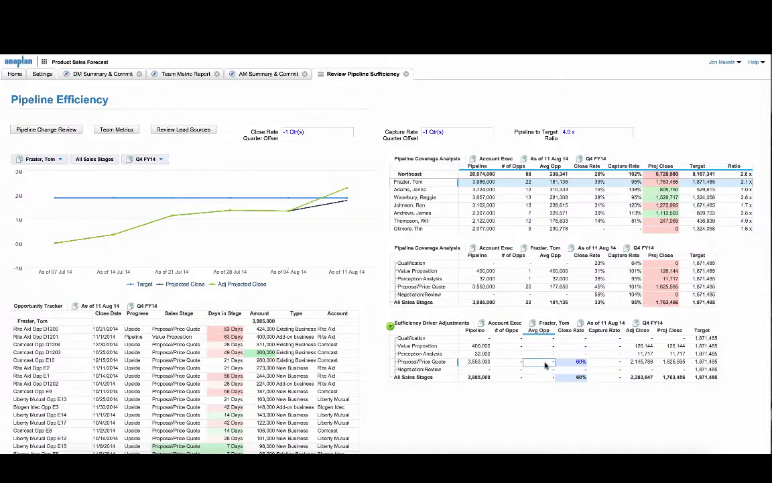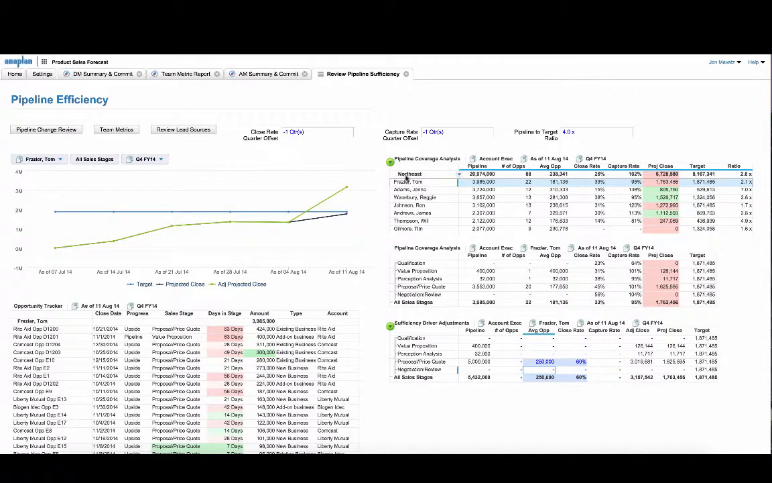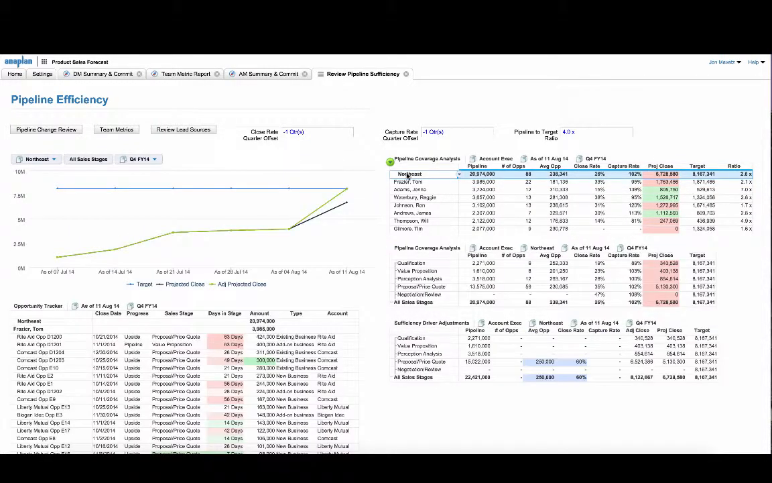What happens if we can increase the average deal size by just a little bit on some of these deals? Would we have enough to hit the target that we were trying to hit? And I can see in real time, if I make these adjustments, if I pull these levers, what the results would be. On top of all this, we can also drill into the next layer of analytics as well